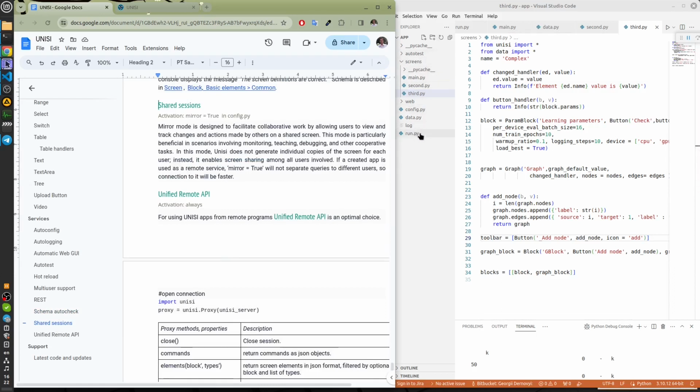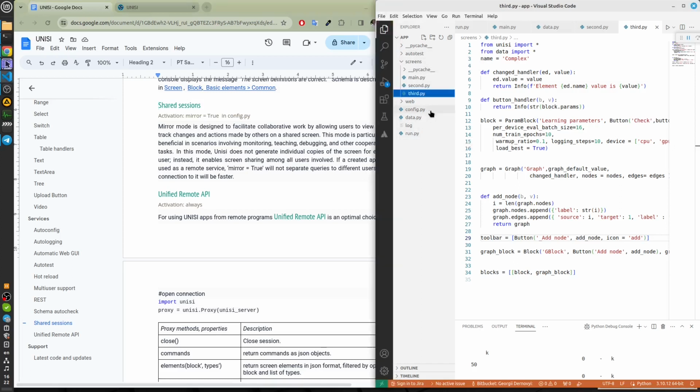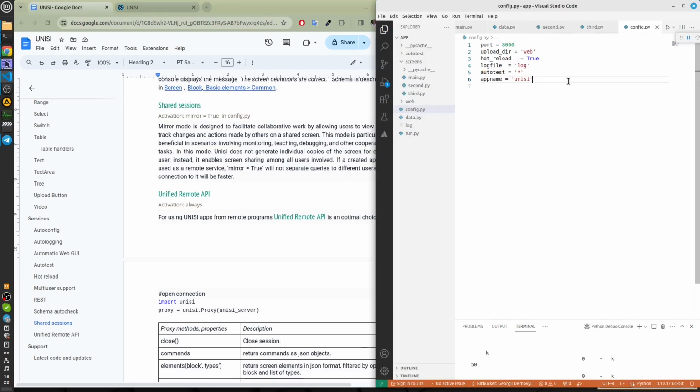This is an interesting service. For activation, write in config: mirror equals true. And restart the system. If we change the config, then we have to restart the server.